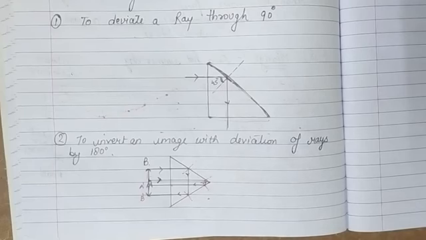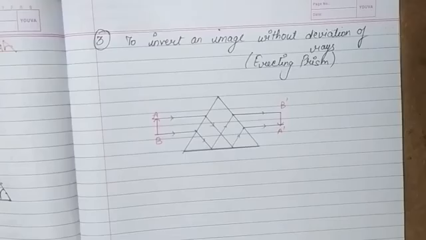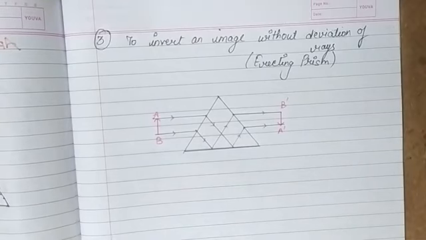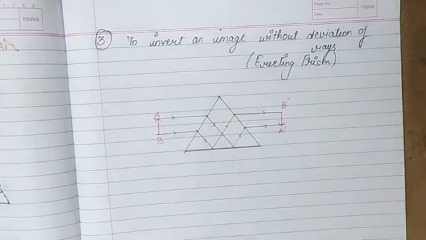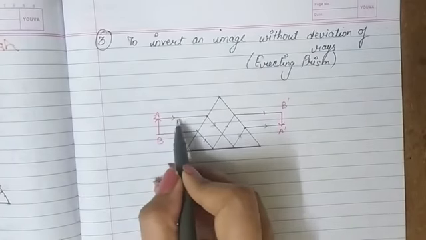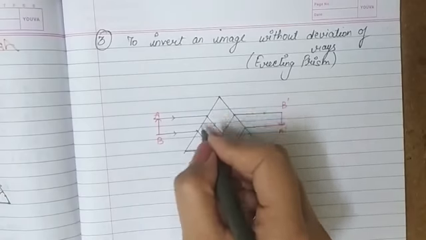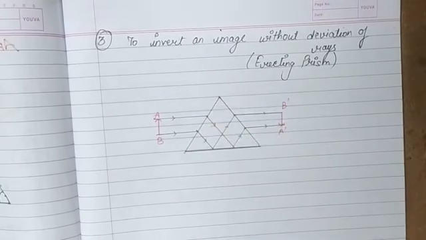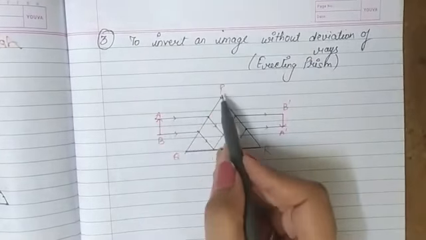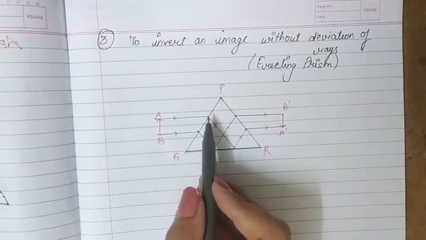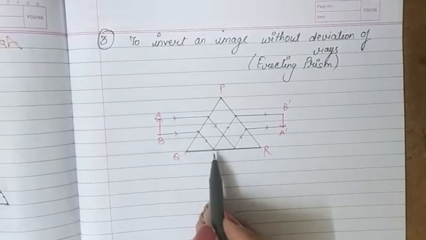Now the third use is we can invert an image even without deviation of rays. So we can also invert an image without deviation of rays, and this is called an erecting prism. Erecting prism helps us to invert an image without deviation of rays. So here we can see that rays are going like this, and they are incident on the face. I'm naming it as PQR, then this is the face PQ. So the rays are incident on the face PQ of the prism, enter the prism and get deviated, they show refraction. But when they are incident at the face QR, now here they show